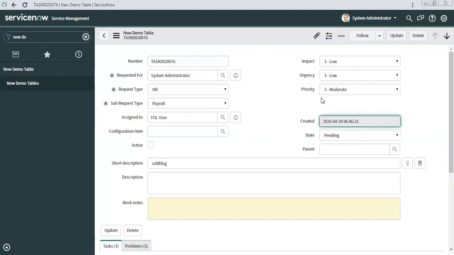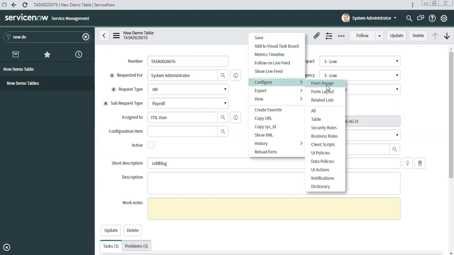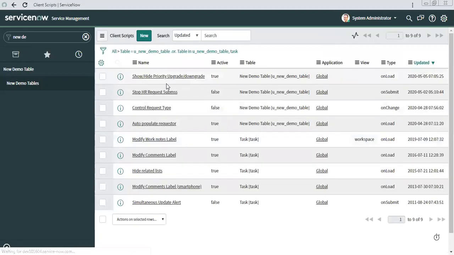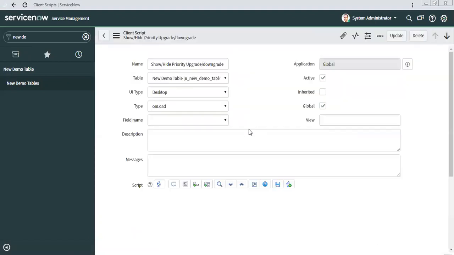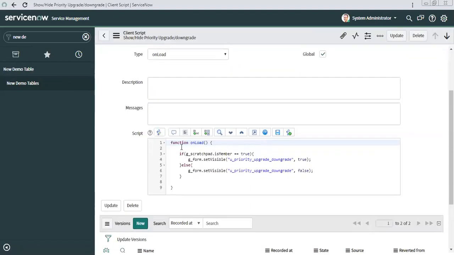And second thing, the space has been left. It looks bad, right? The form should realign itself, so the space we created should go up, something like that. So we can do both the things. We will again go to the client script. First thing, our script should not run for admins.